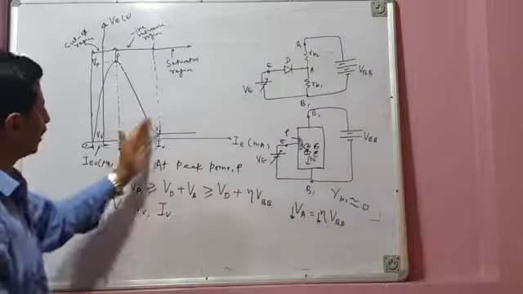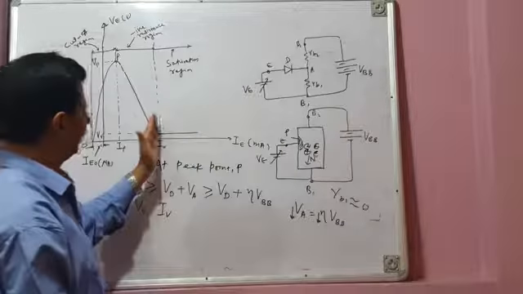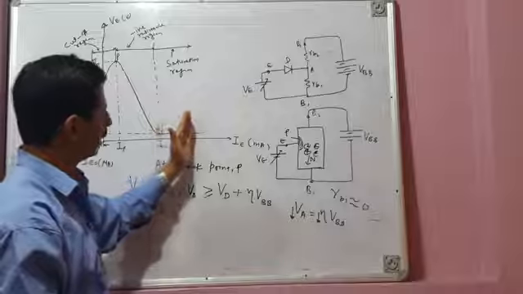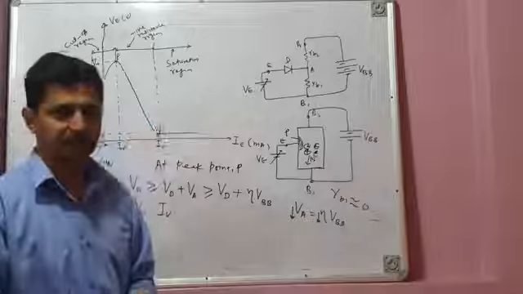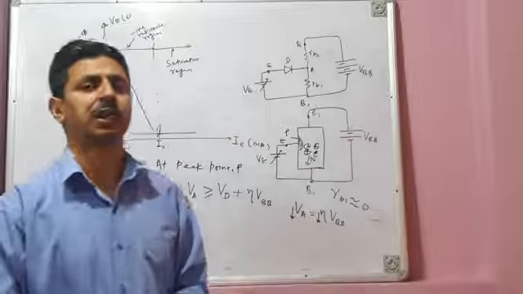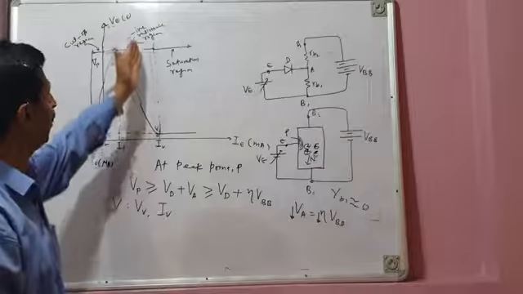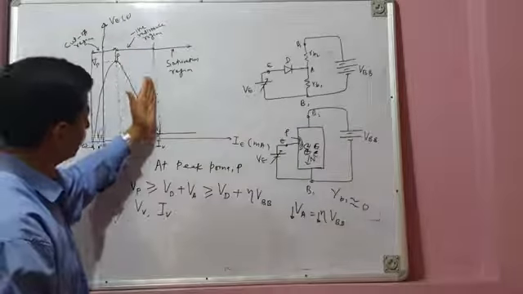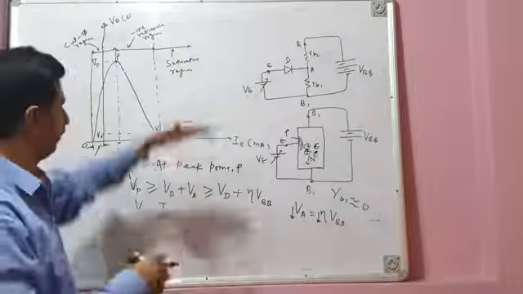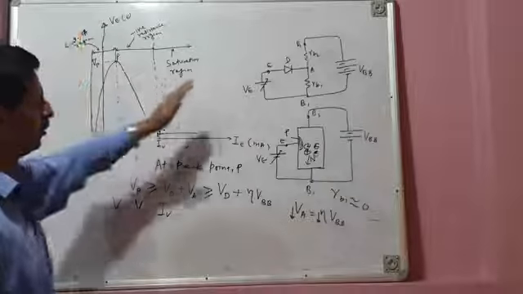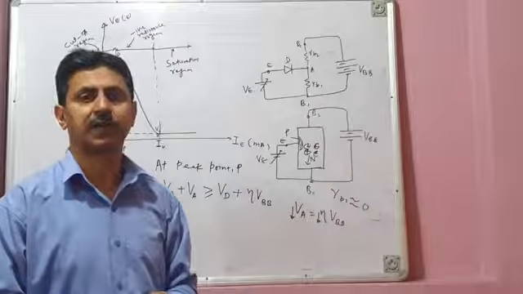Therefore, beyond this valley point, if you further increase the emitter voltage, the current through the device will go on increasing. But what will happen to the voltage drop? The voltage drop across the device will almost remain constant, because the UJT has gone into saturation. It has gone completely into the on state. That's why beyond this point V, the region becomes the saturation region. So I can summarize the operation of the UJT with the help of its VI characteristics, the static emitter characteristics.